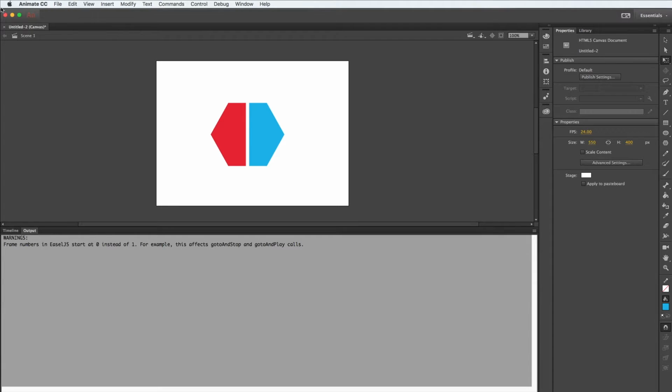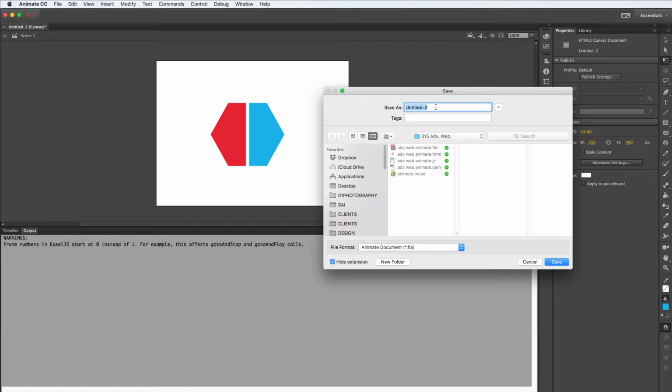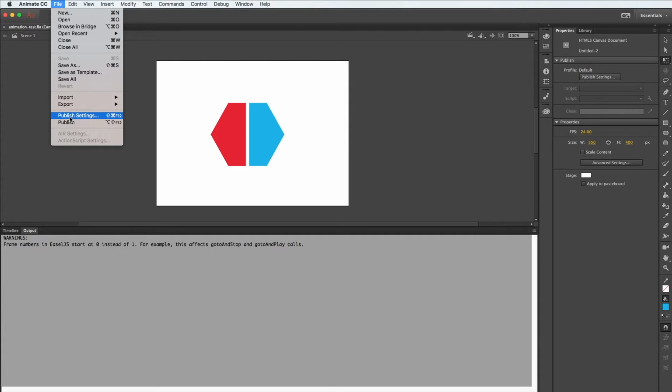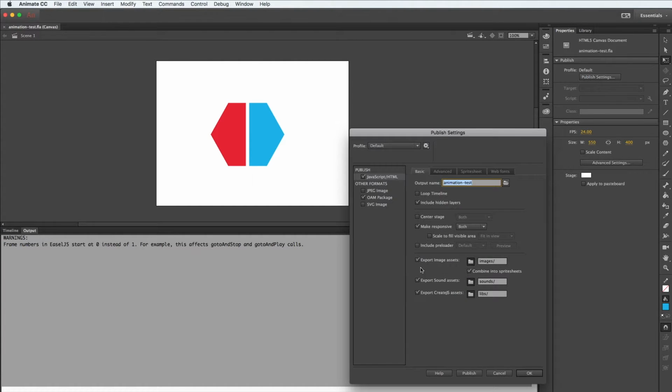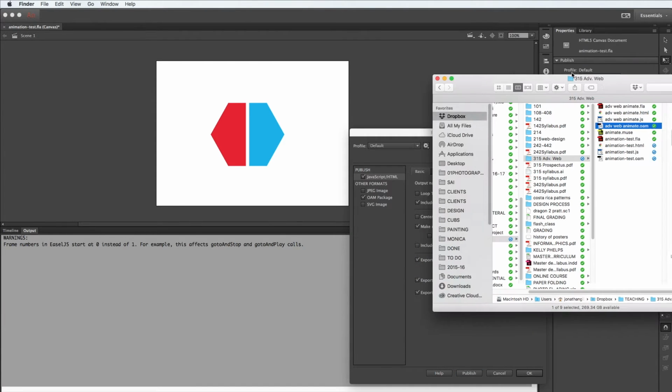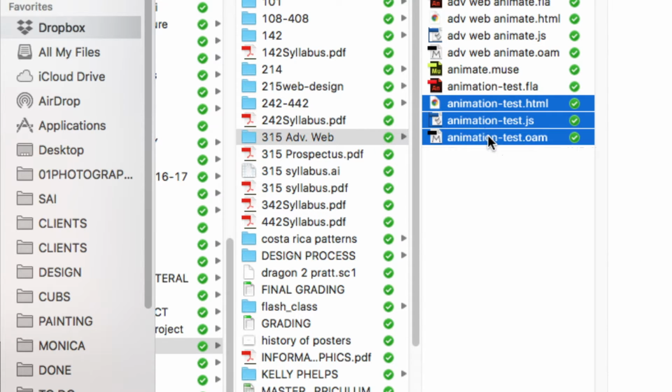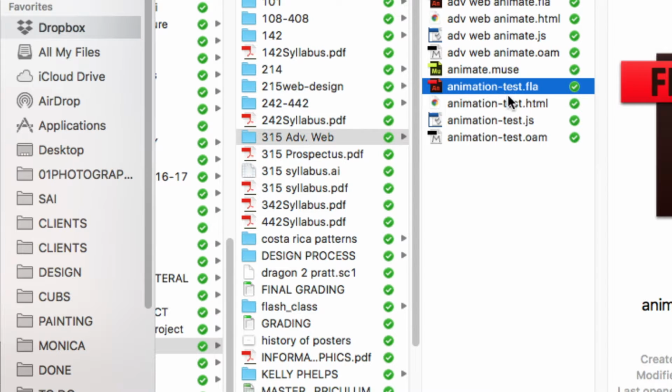Now, one thing I forgot to do is save this file first. So let's save it as animation test.fla and hit save. Now when we go to publish settings, publish, we can see that the OAM file plus the JavaScript file and the HTML file are all in the same folder